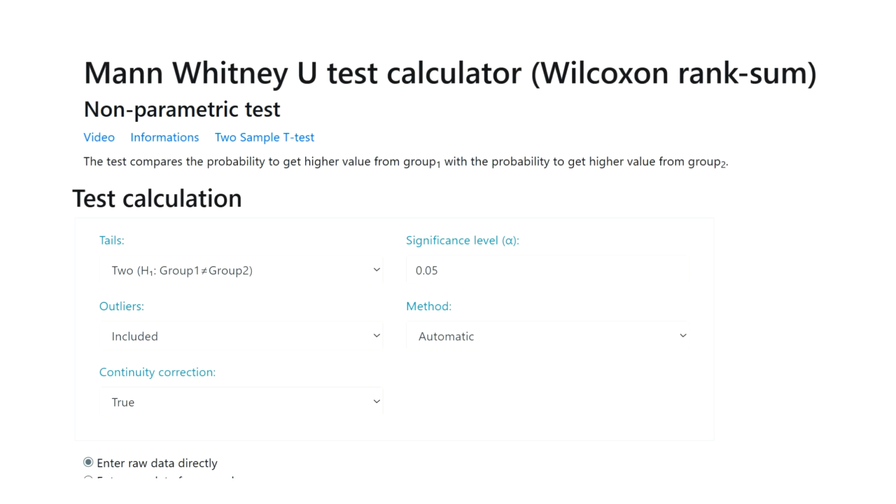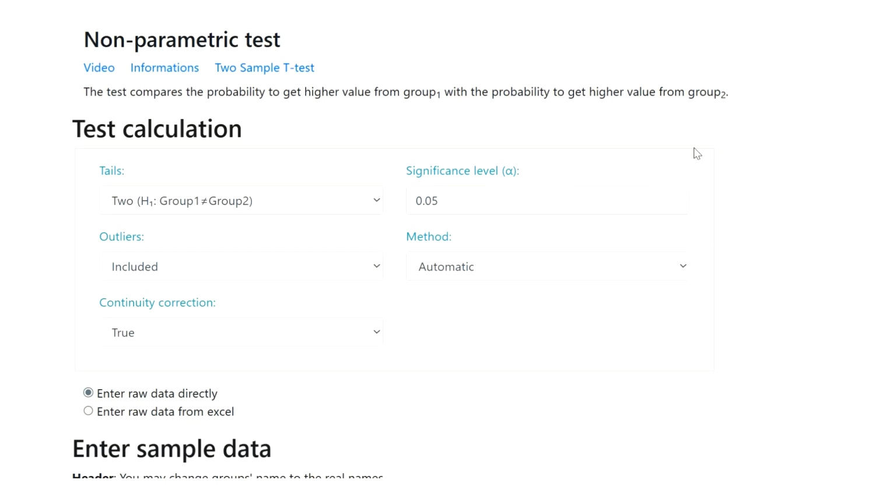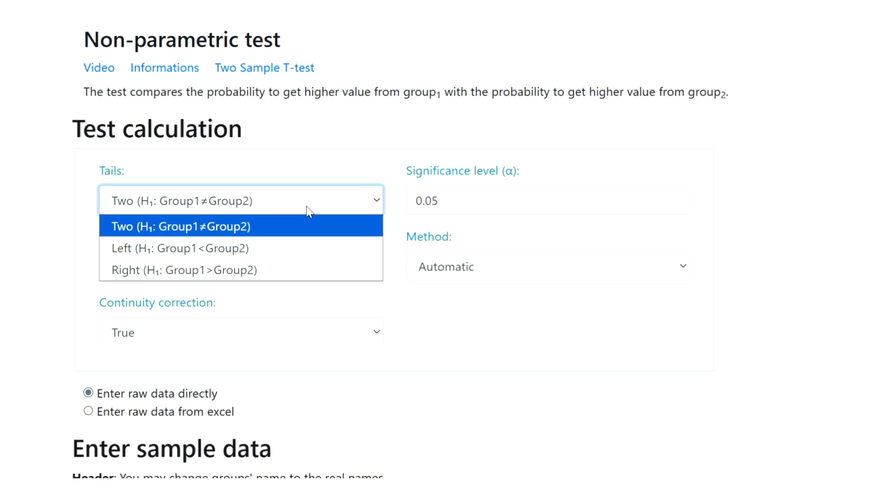Okay, so this one is a demonstration of how to apply the Mann-Whitney U test calculator. As usual, the first part of the calculator is dedicated to different parameters which we could configure. Let's discuss them briefly. First of all is the hypothesis, and as you're able to see here are